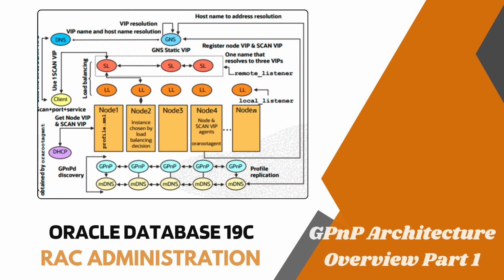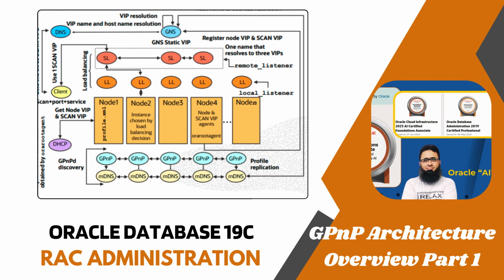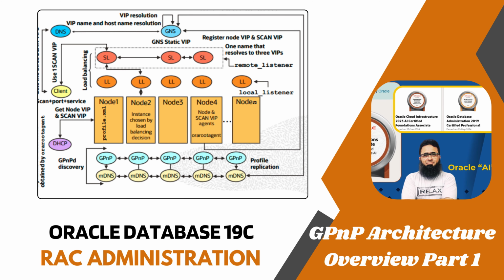Hi everyone. Before we get started, I would like to introduce you to the Oracle GPnP profile. Essentially, GPnP is a distributed service where agents on each node work together, ensuring high availability by replicating the profile without needing a central master process. It automatically connects with the peer services by using multicast discovery, making it easier to manage and integrate new nodes